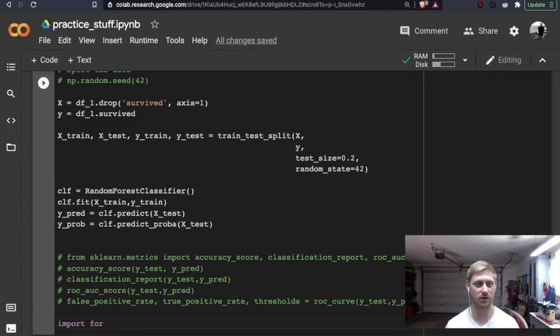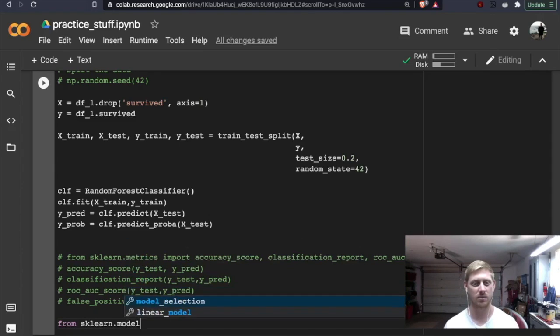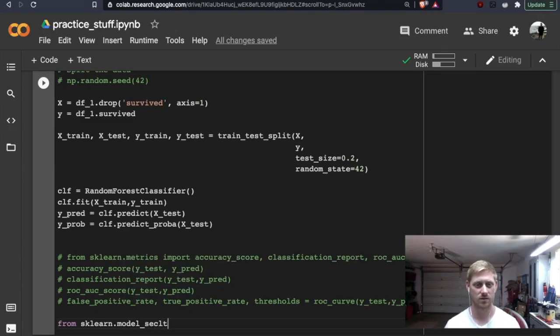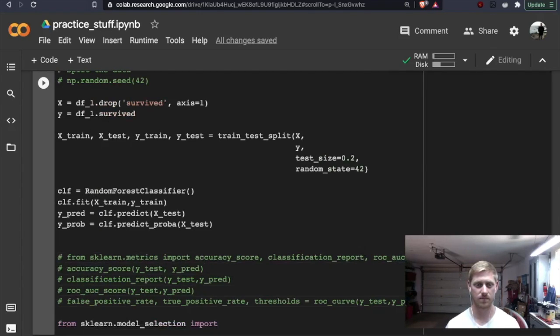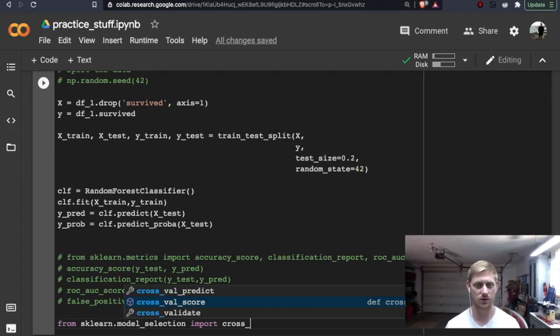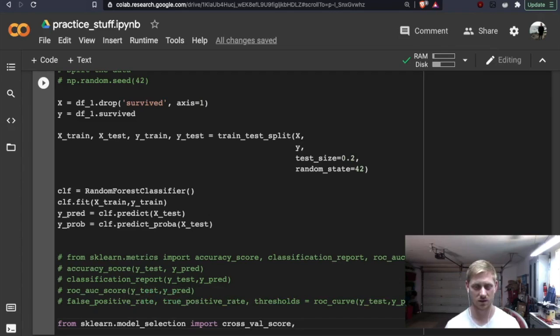So from scikit-learn, model selection. Oh yeah, it would also be cross_val_score for here. Actually, the cross_val_score would be in model_selection. So cross_val_score, and then also RandomizedSearchCV, and let's do GridSearchCV as well.